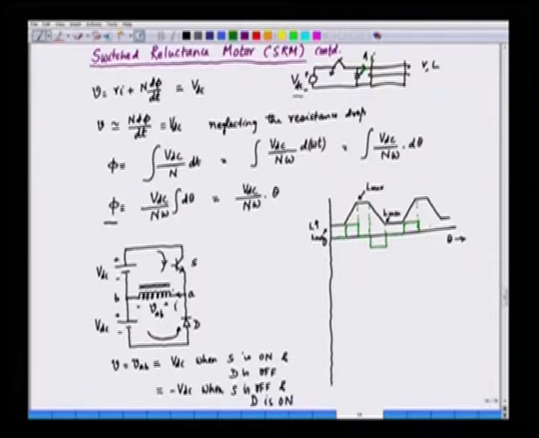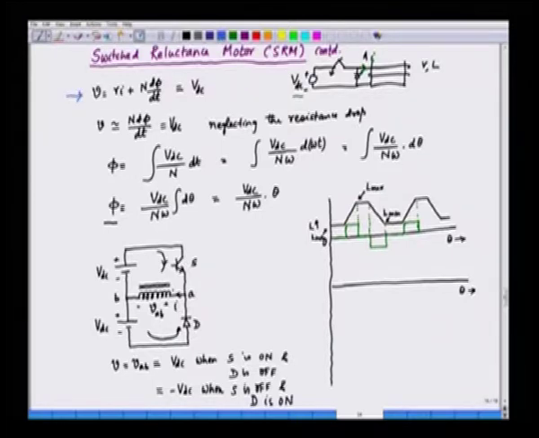So, our objective is to switch the current in such a way it only exists during positive dL by d theta. So, we switch the current in the following fashion. Now, we have already seen that the voltage equation will look like this: V is equal